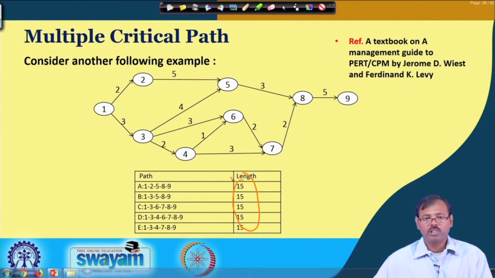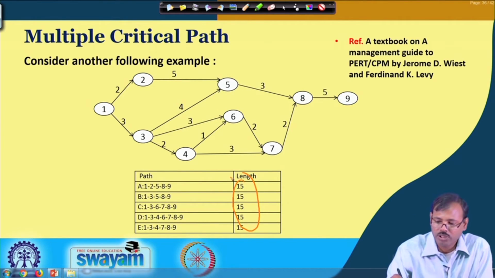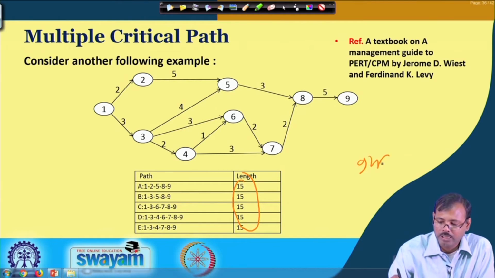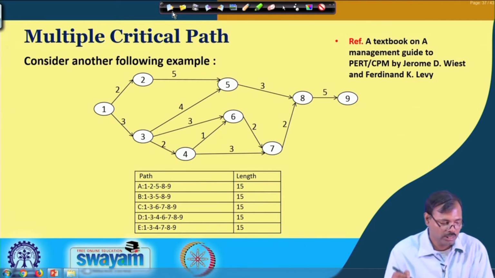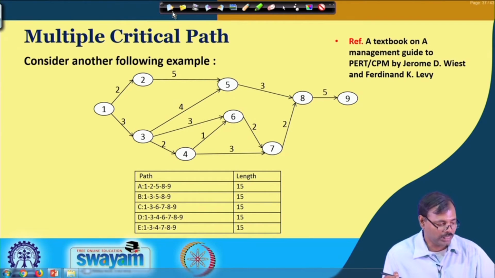But probably you can wonder how it is possible. Actually, this is possible because of our previous example. You can see in the similar previous problem where we had 16 as the maximum one and the smaller one was of 9 hour length. The maximum was actually... let me write all the path durations here, which we discussed in this earlier case.